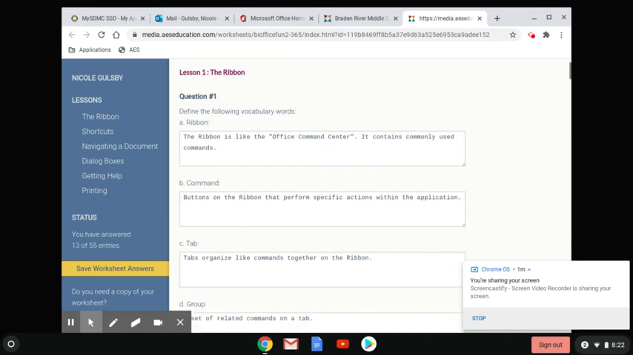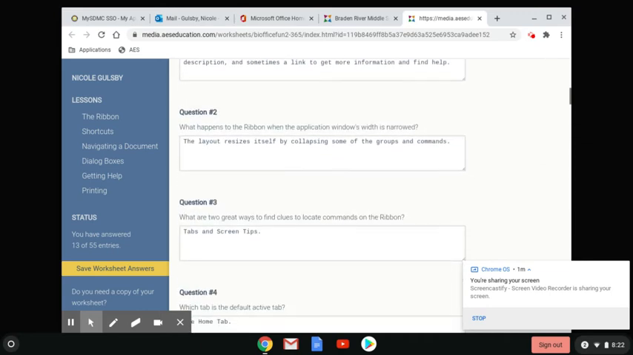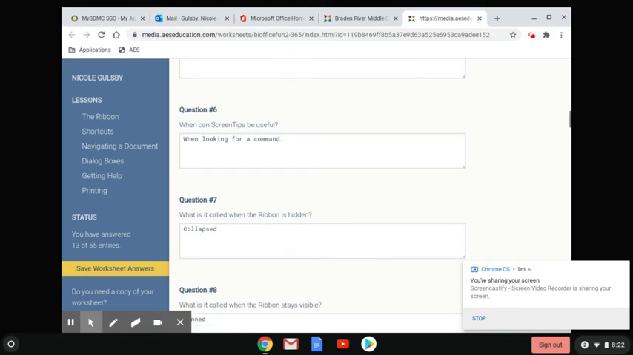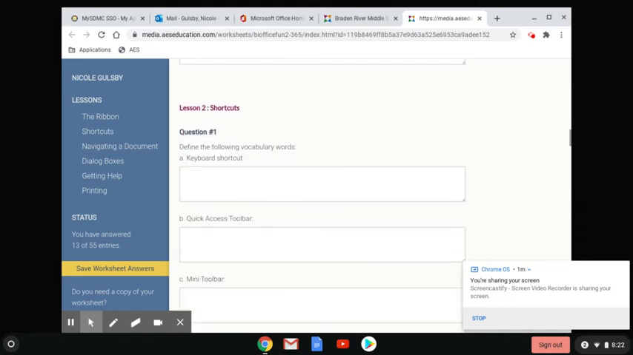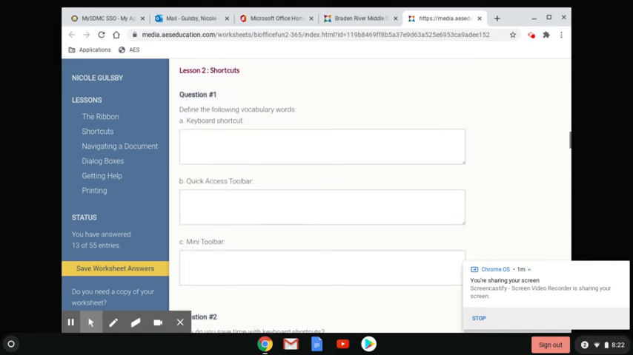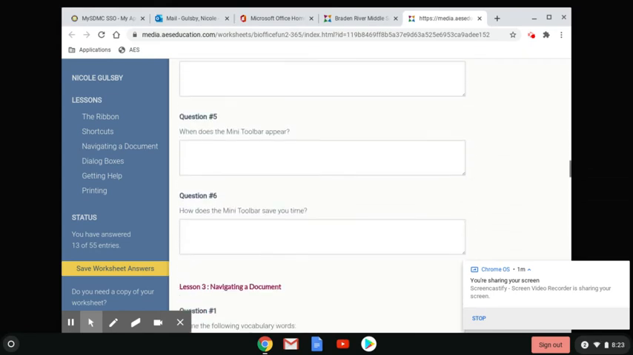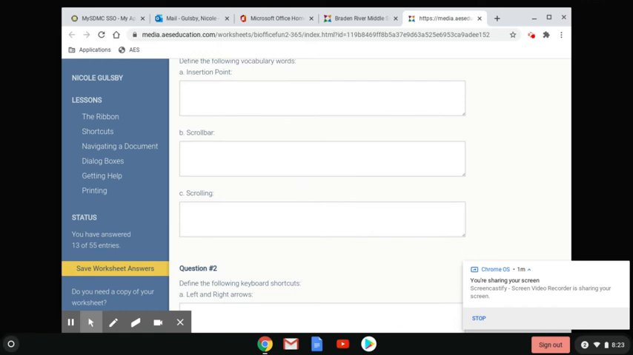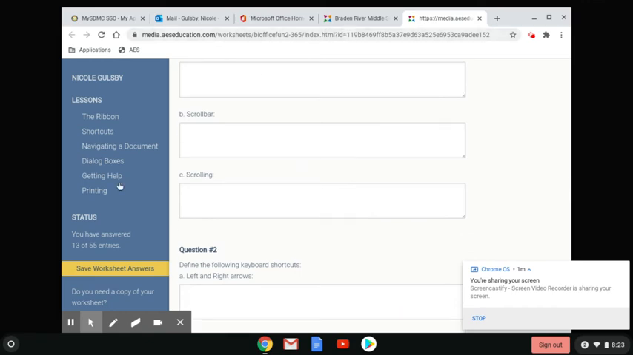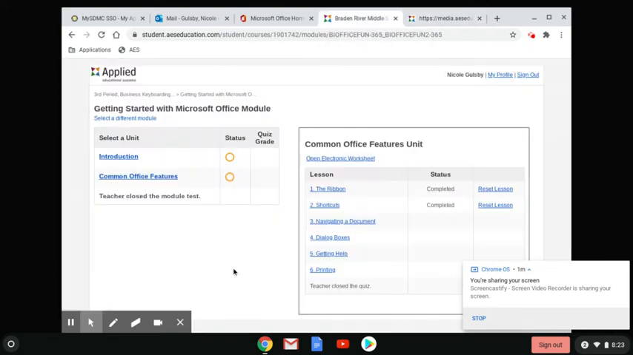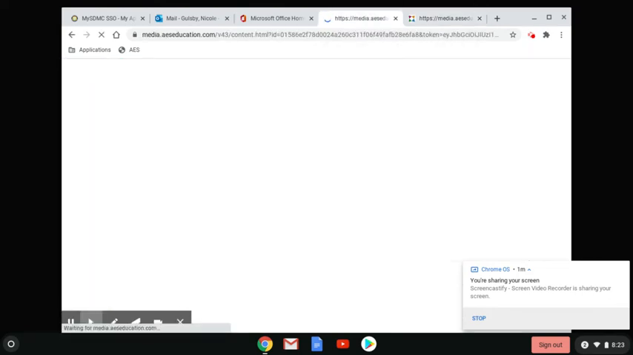Even moving in a Chromebook is different than my HP laptop that I use. Now, I did do the questions for lesson 2, but I didn't know what happened to them. Maybe I did not refresh, but anyway, let's go ahead and move on. Navigating a document. So we're going to start this lesson,